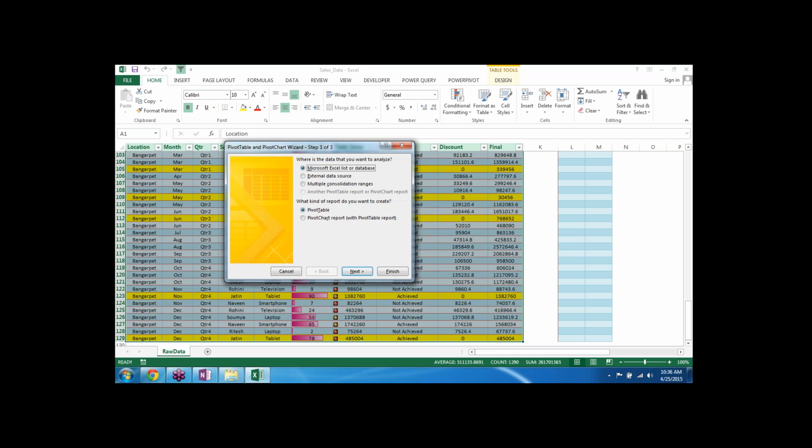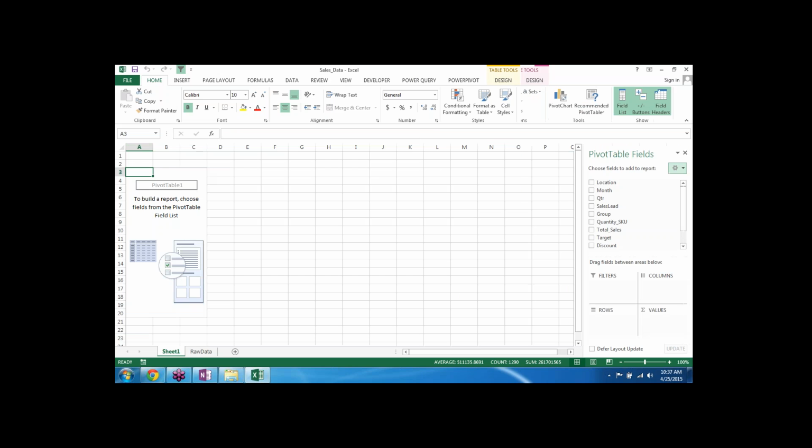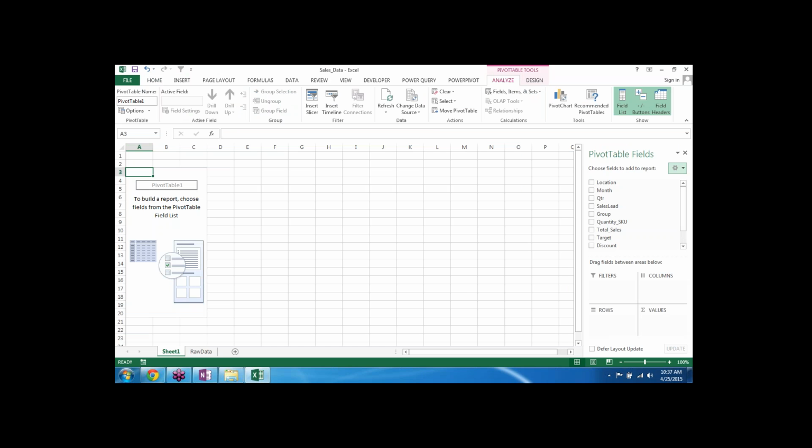And then I suggest that you don't go for this wizard. So there are three steps. So this is a mandatory place where you have to come whenever you hit pivot chart. So then what you do, you don't go for this wizard and just say finish, because we want to explore how it actually works. Because if you go through the wizard part of it, then you won't be able to explore what it actually means and how it actually works.